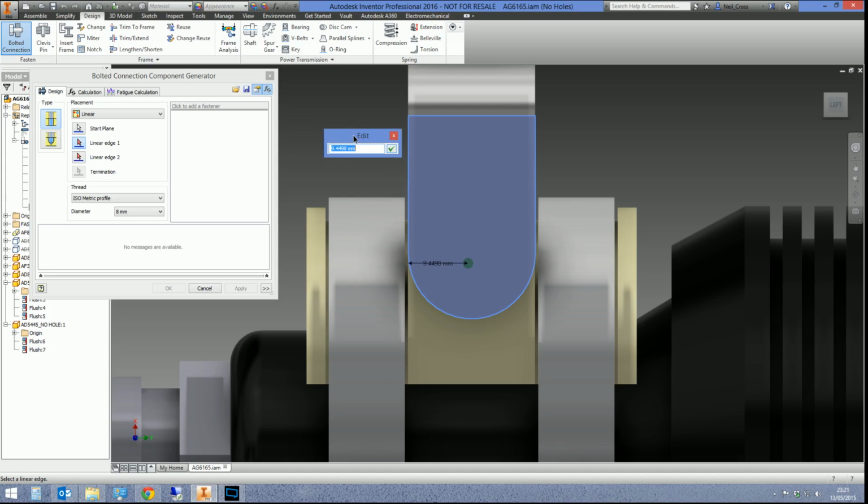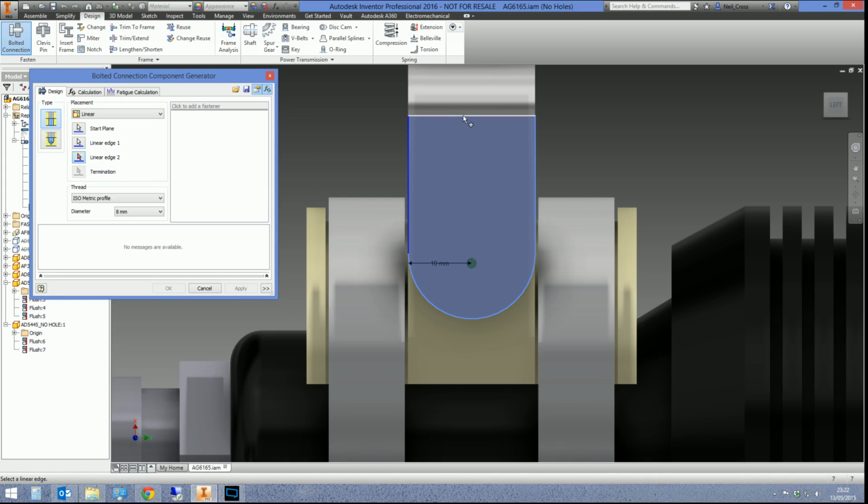When I pick that edge, it's saying how far away from that edge do you want the center of the hole to be, and obviously this little green arrow here is the center of the hole. So I'm going to say 10 millimeters and then press enter. The second linear edge is how far away from this edge I want the hole to be. So I'm going to pick it here, and then I'm going to say 22 millimeters,